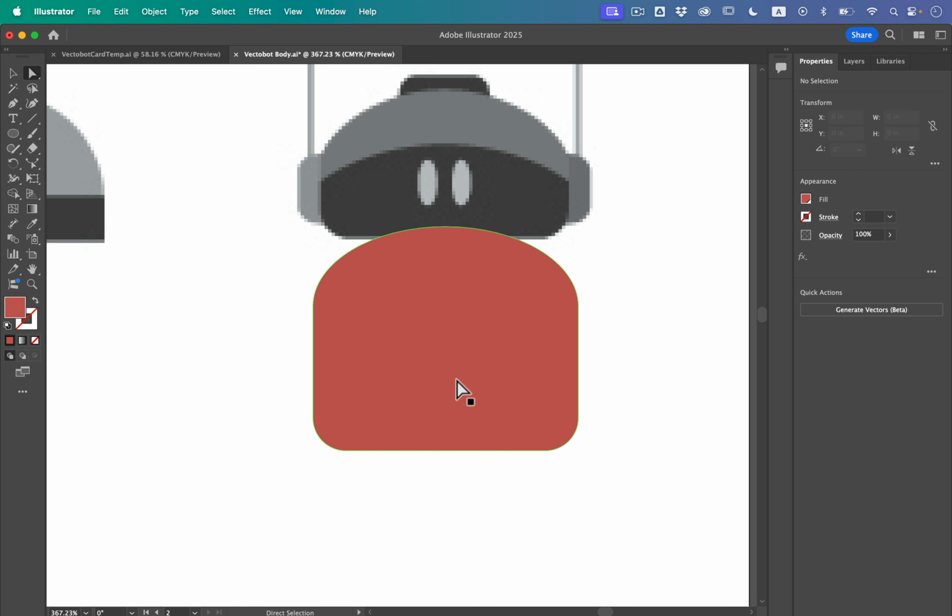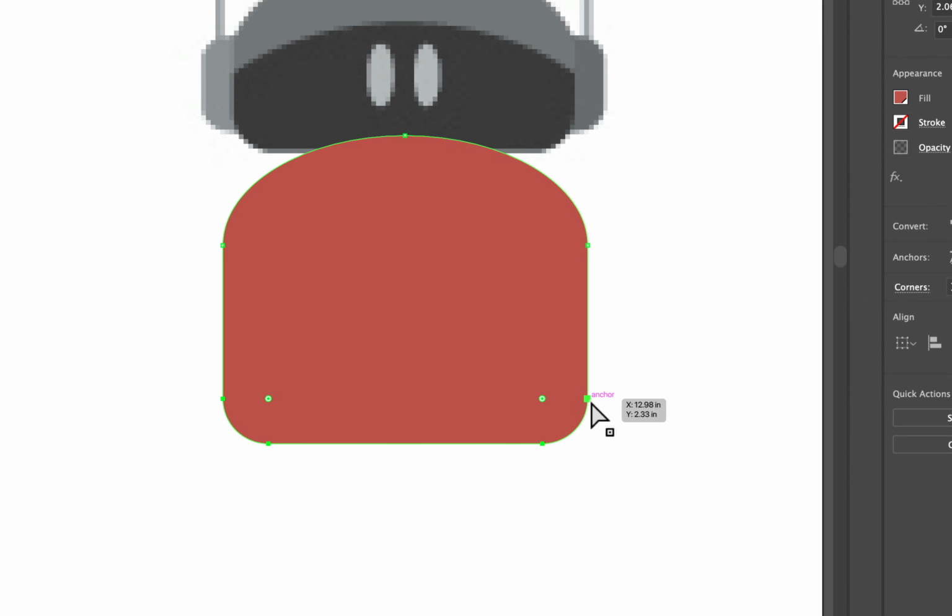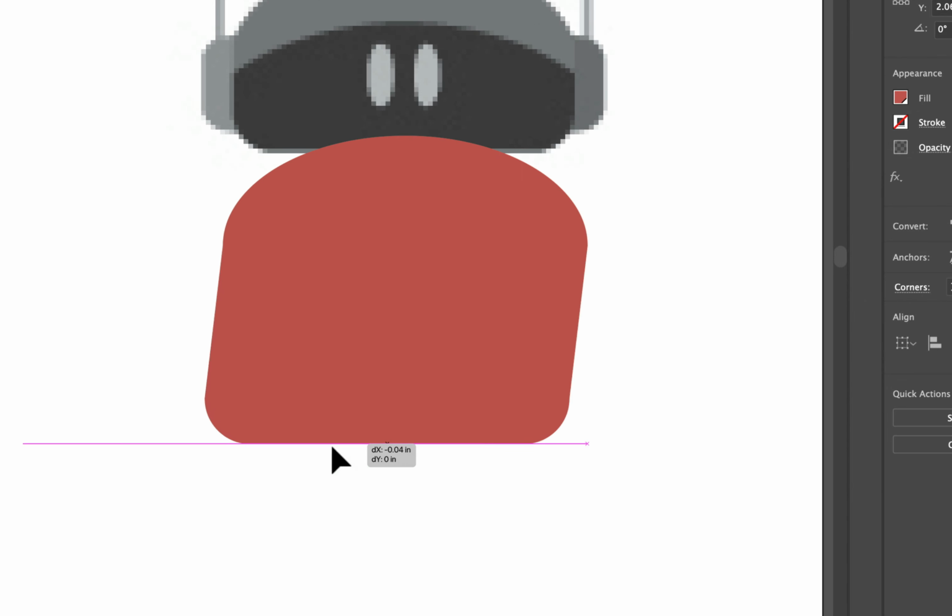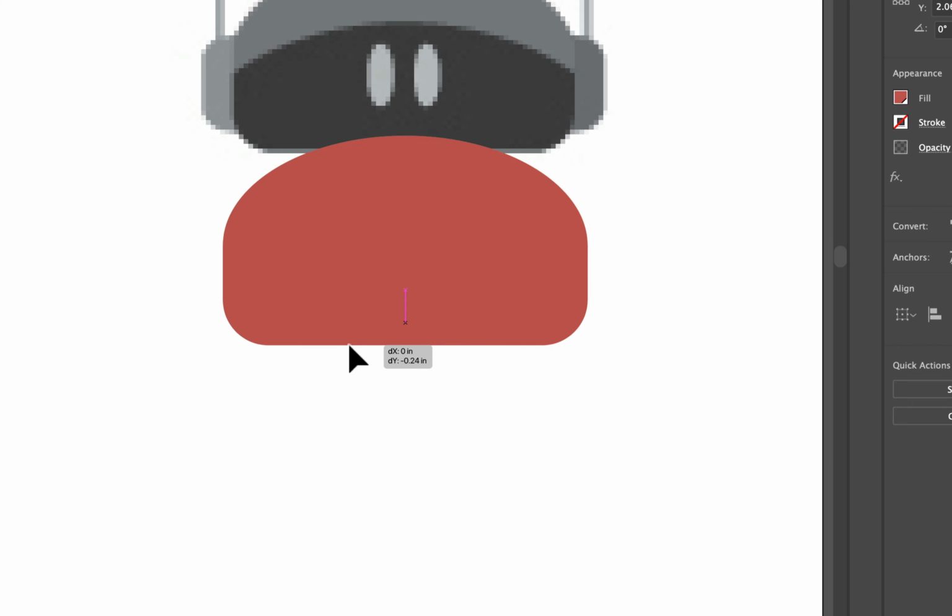Finally, I need to make it a little bit shorter. I want to bring this bottom edge upward. So with my direct selection tool, I'm going to click and drag over these bottom corners, so only these bottom 4 are selected. And then I can click carefully on the path and drag it straight up to get the shape that I